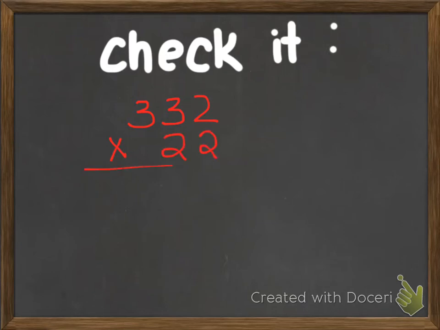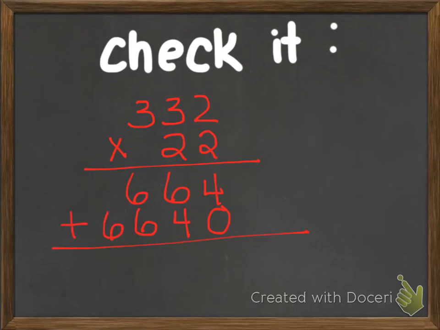Times 22. Alright, so 2 times 2 is 4. And 2 times 3 is 6, and then 2 times 3 again is 6. Drop a 0. Now 2 times 2 is 4, and 2 times 3 is 6, and 2 times the other 3 is 6. And now it's time to add. I've got 4, 6 plus 4 is 10, 6 plus 6 is 12, and 1 more is 13, and 6 plus 1 is 7. So I've got